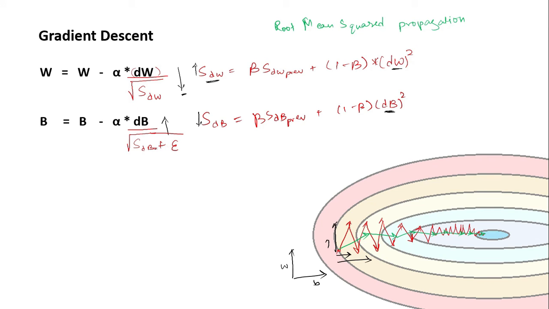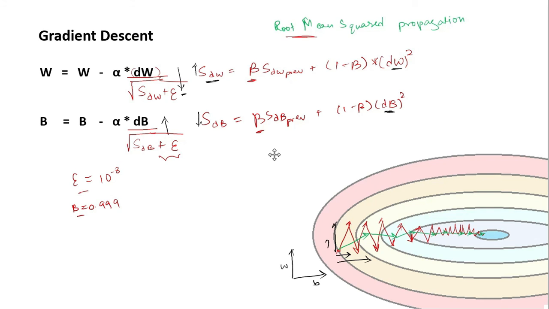To overcome that, we add this term epsilon to this and this, and the value of epsilon will be taken as 10 power minus 8. So we add this epsilon so that the entire value does not go very small, and thus we don't end up overshooting. Also, the value of this hyperparameter beta is usually taken as 0.999. So with these two changes we can implement RMS prop, and it will speed up the training of our model.